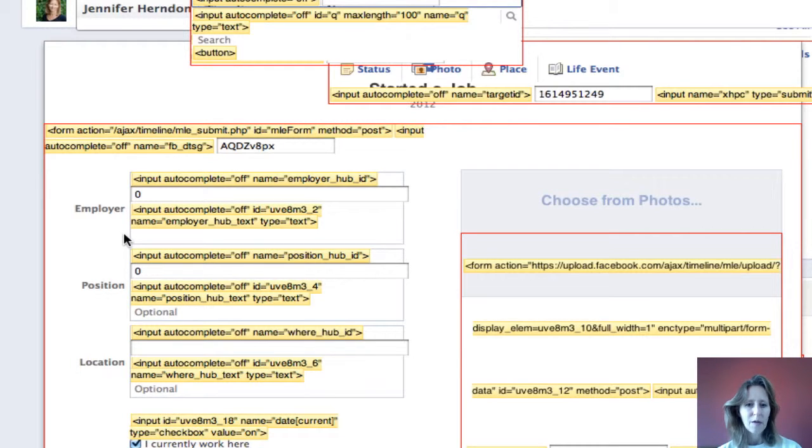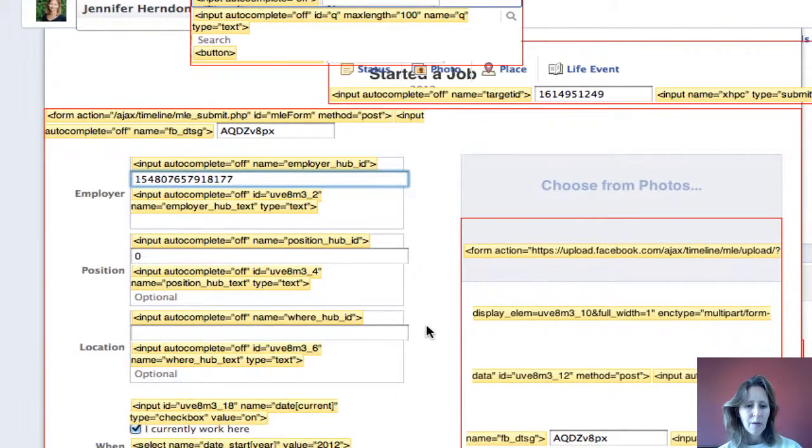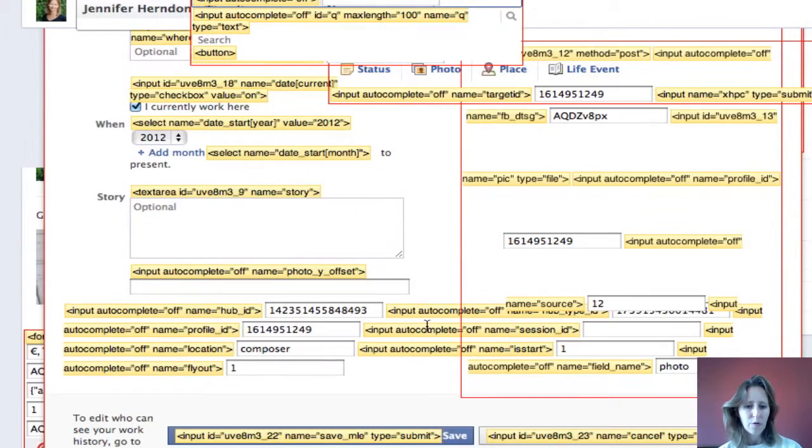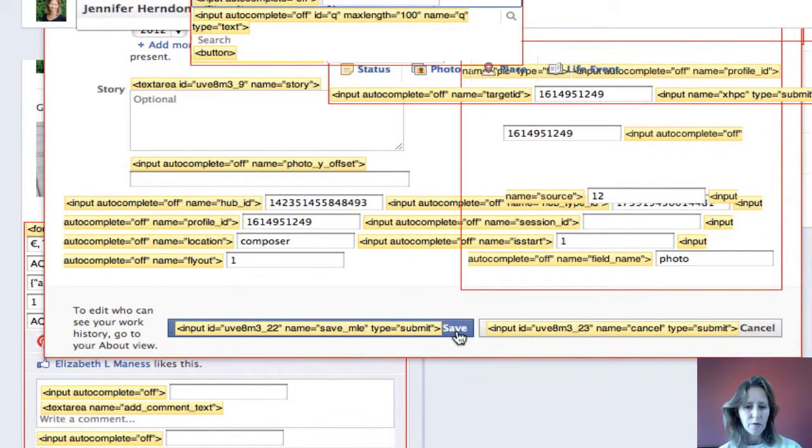This is that same page we were on that shows when we started a job. You're going to come back over here to this employer box, and you'll see it will have a 0 in here. Back that 0 out and paste in those numbers that you just grabbed from your Facebook page. Once you've pasted in those numbers, just do that. Don't do anything else for right now. Paste in those numbers and scroll down to where you see the blue bar that says Save, and click on